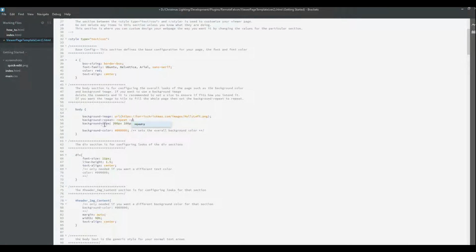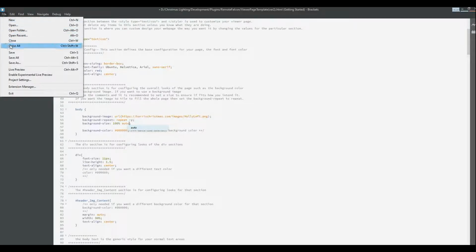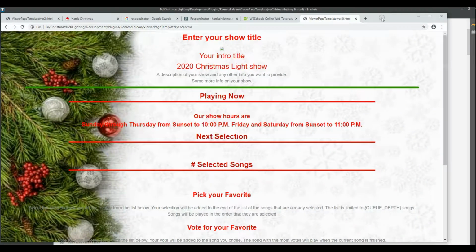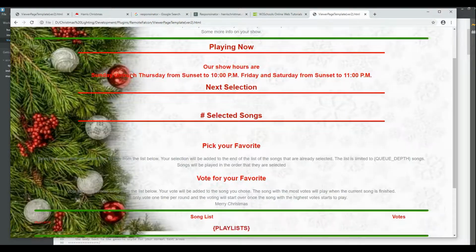The background size, we want it to go 100% wide, but we want the rest of it to just keep repeating down, so we'll set that to auto. And so this is the image, and it just goes down. In the Brackets program, if you save, then you can actually see what that's going to look like. And you see how it has the image, and it just repeats